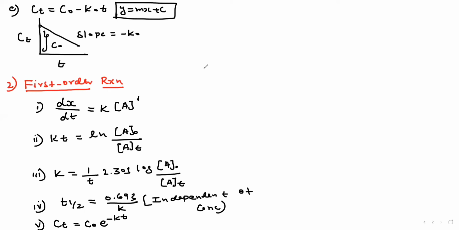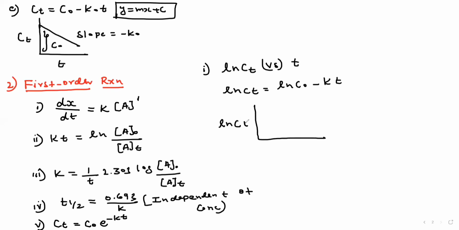Now I am going to explain the graphical representation for the first order reaction. Now take the first graph. Graph of ln Ct versus time. Okay, listen. Ct and At are the same. Change in concentration with respect to time. Initial concentration A naught, after time now Ct, equal to At only. Now what is the equation? The ln Ct is equal to ln C naught minus Kt. This also is the mx plus c form, right? Therefore, this is ln Ct versus t, so it is a decreasing graph. What is the intercept? ln C naught is the intercept. What is the slope? The slope is equal to minus K.